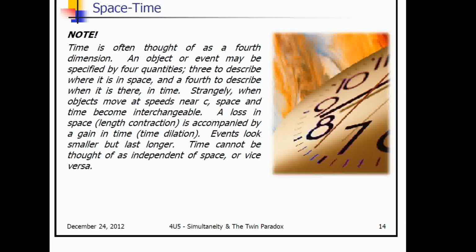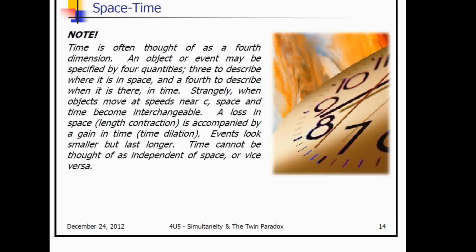So here it says time is often thought of as a fourth dimension, and we've kind of seen that with time dilation. We experience time as a dimension that's always going forward. We can imagine it as always going forward at 1 second per second. But with time dilation, we know that time can actually slow down. We don't know a way to go back in time. Time still goes forward only.